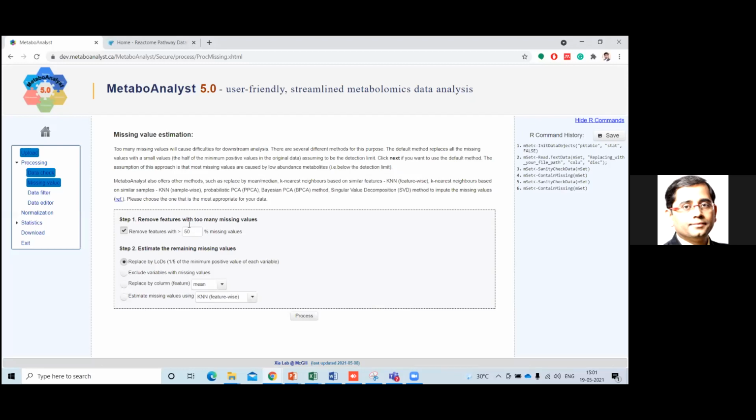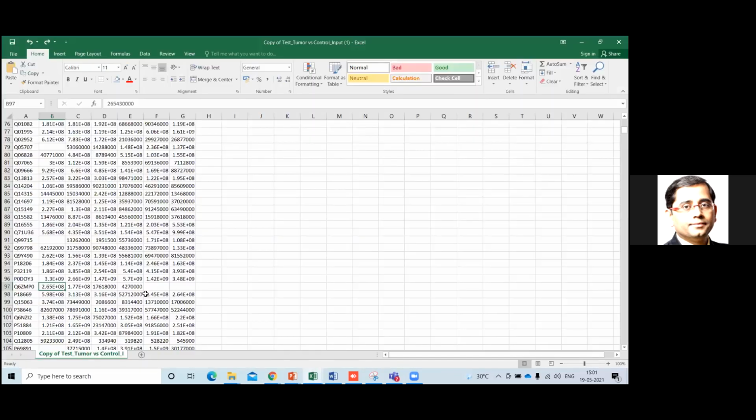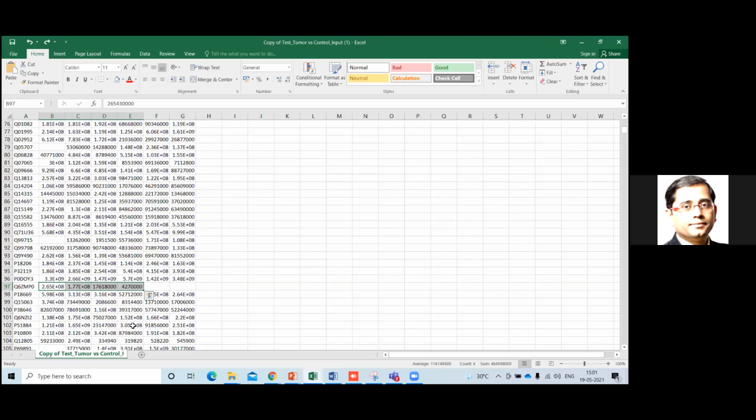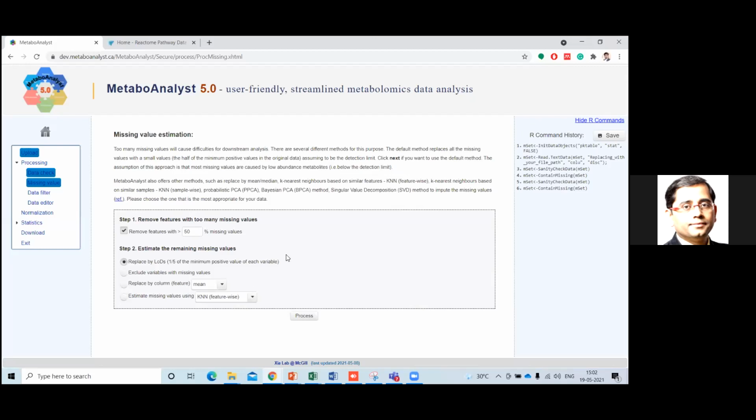That is why we are requiring at least 50% of the feature data to be there. That means this particular protein is having more than 50% data, right? Out of 3 or 4 data points, if they are there, this can be taken ahead, and from these 4 samples we can put 2 samples here. So we are trying to take the other data of the particular protein and put it in these rows. We are trying to make sure that most of the proteins which have missing values, we keep those proteins and take them forward.